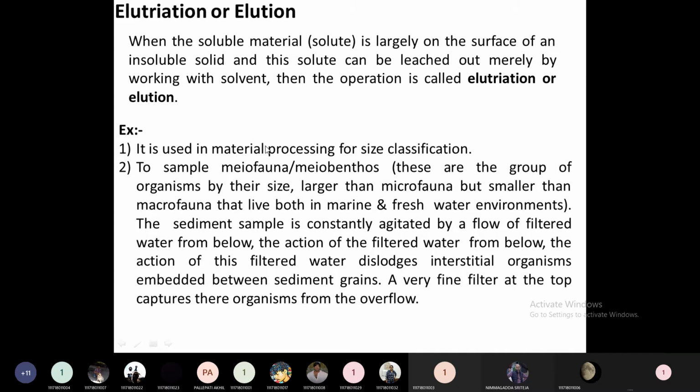All these processes look similar, but the definitions are very different because of inerts, because of byproduct, because the solute content is present inside or outside on the surface. Depending on that, there are many processes. So this is also clear.